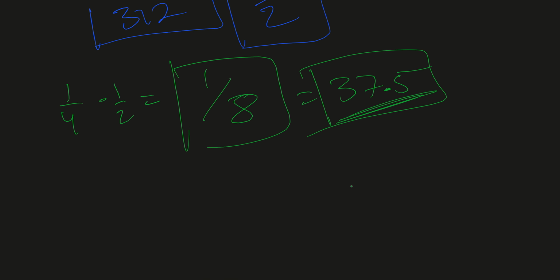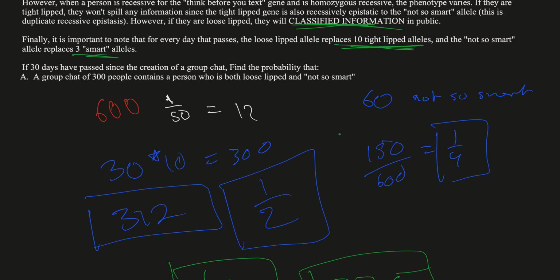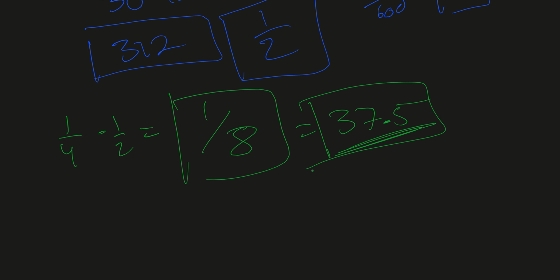And what happens when you have both of those? Classified information, if you read the document right here that I gave, that I'm not going to read myself, classified information is spilled. And so your best bet is to leave the group chat.